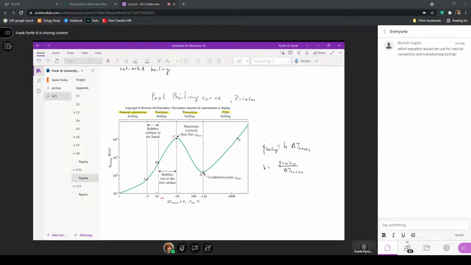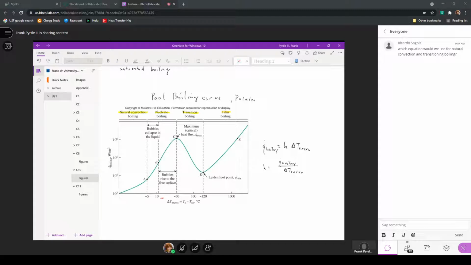But for the saturation condition associated with pool boiling, the temperature difference between the surface and the saturation temperature of the fluid, which is that excess temperature, starts at about 5 degrees here and goes up to about 30 degrees. And this would occur whether it was a pressure of 1 atmosphere or 2 atmospheres or 3 atmospheres. The temperature difference between the surface and whatever that saturation temperature is just going to move,